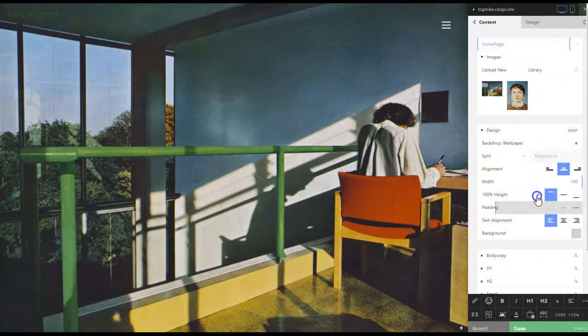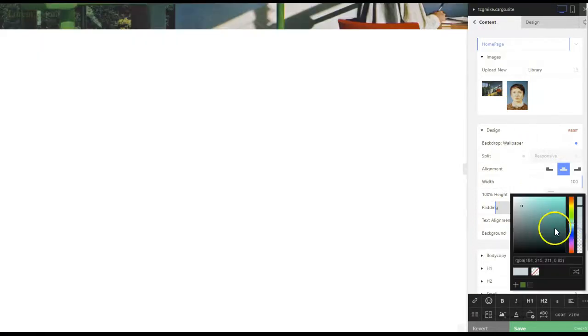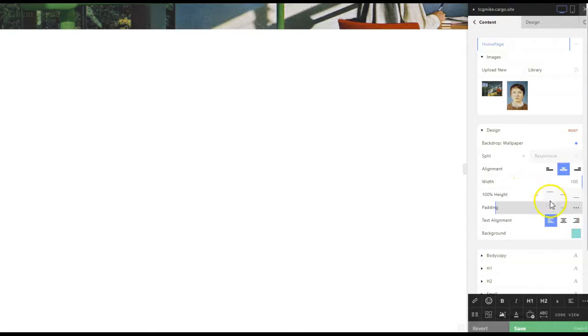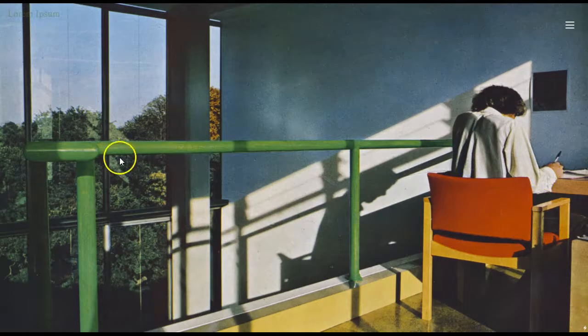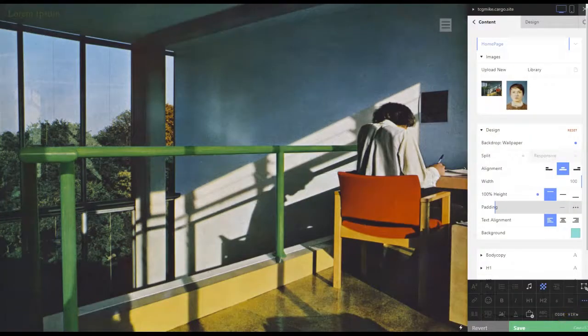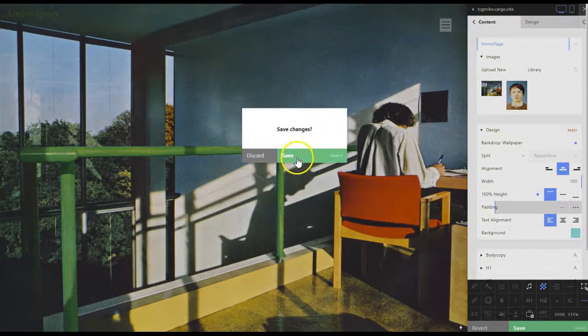So if I turn that off, still can't see this because actually the backdrop is overwriting whatever is behind there, whatever color is sitting there behind there. So my backdrop is going to be 100% in this instance. And what I now need to do is drop in some kind of additional header at the top with my name on it. Okay. So in order to do that, I'm just going to go back to my content, save